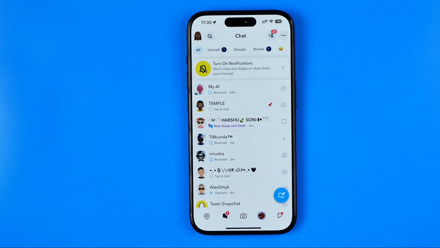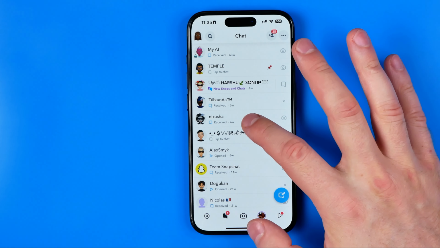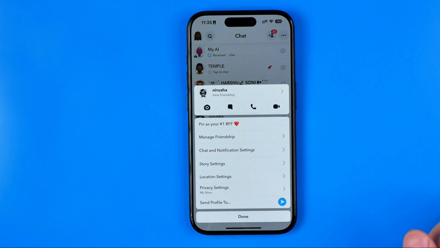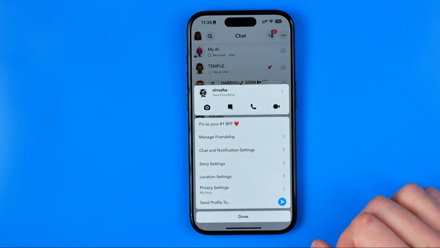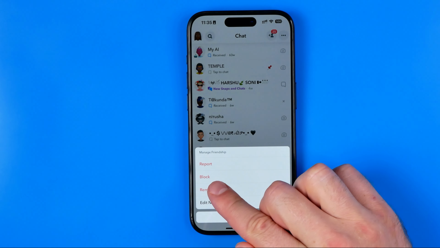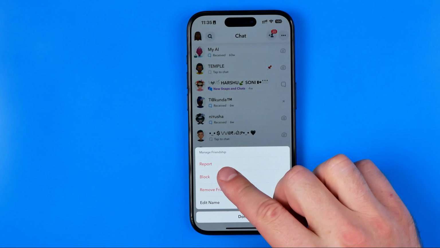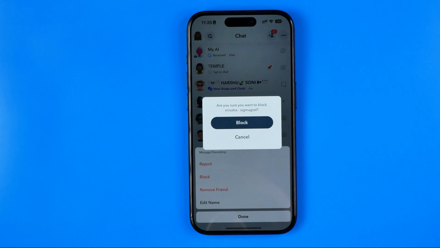Now guys, from here we have two different ways how we can block someone, and the first way is just to long press on some conversation. That will show you this pop-up, and from here we need to tap on manage friendship, and that's where we can easily find this block feature. And now to block that user, I'm just gonna hit right here, and then to confirm it we need to